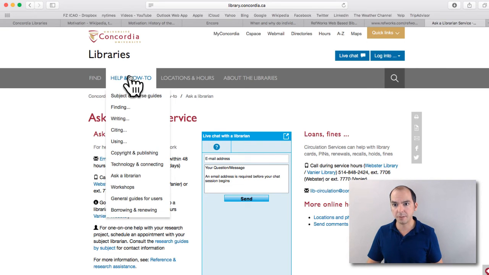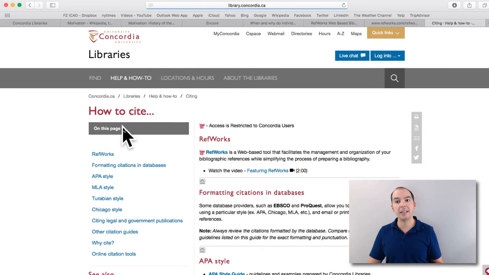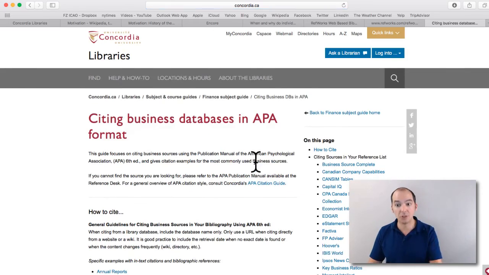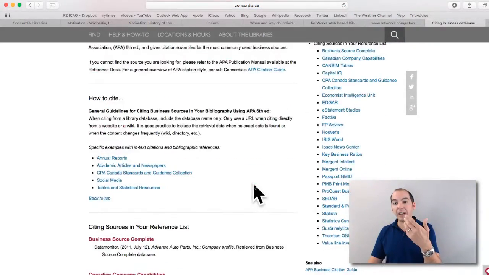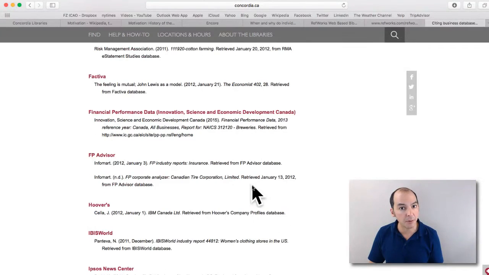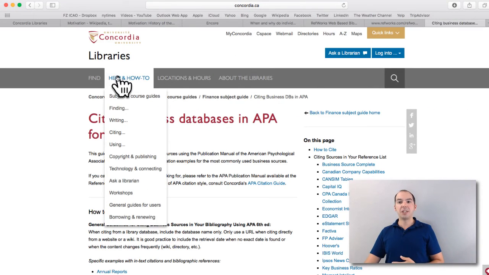The other thing I wanted to mention, just to reiterate, that we do have under citing in the APA format, we do have a citing business databases in APA format page. So this is giving you an example of how to cite from all these different tools and sources that we have at the library. The other thing I wanted to mention is under help and how to, under subject and